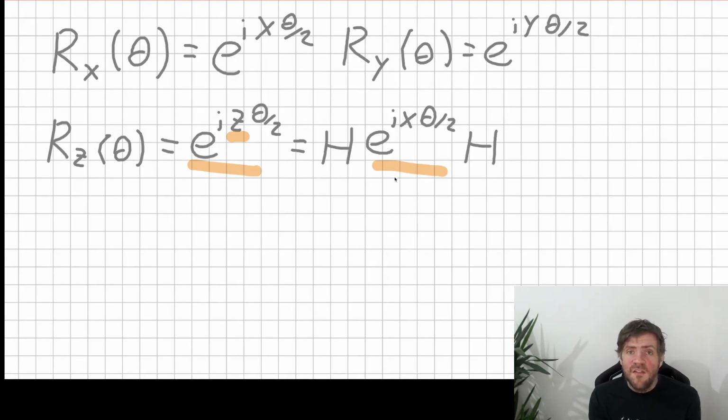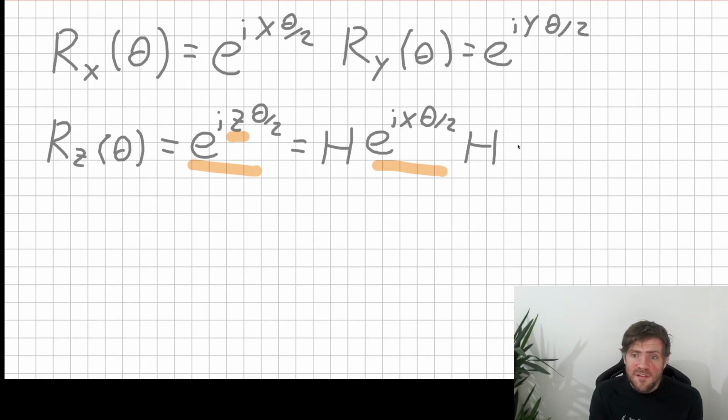And in the other case for the e to the i X theta over 2, it's the eigenstates of X. So all we need to do is transform this state from having the eigenstates of X to the eigenstates of Z, and that particular basis transformation is performed by the Hadamard. So that's how this works. So we can take the ability to do a rotation around the x-axis and the ability to do a Hadamard and turn that into the ability to do a